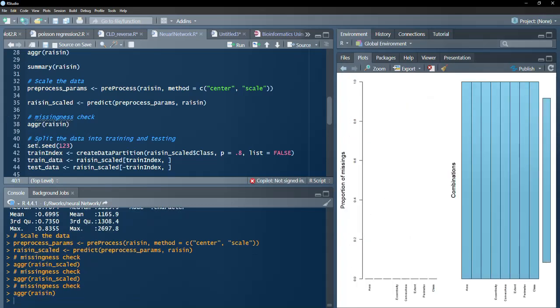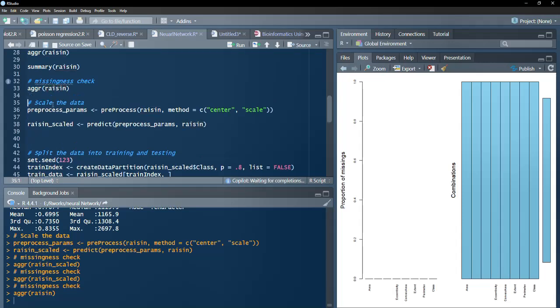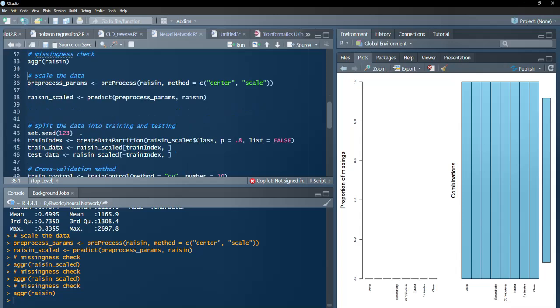Yeah, on the scaled object this is not working, therefore it will work on the original data set, and we can see here that no missingness is there, no red missing data is there, therefore we will not go for the data imputation. But remember, I forgot to do that before scaling. I'll keep that before scaling so that you can add your data name here and use that data to fit your model. Then we'll go for the splitting, and we are